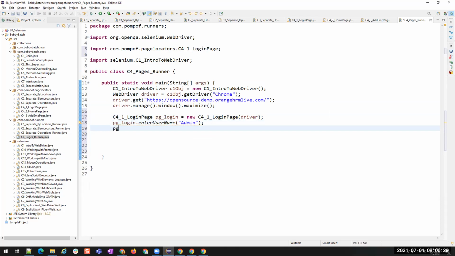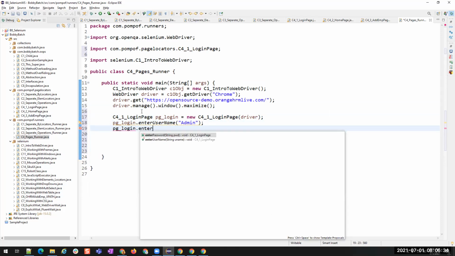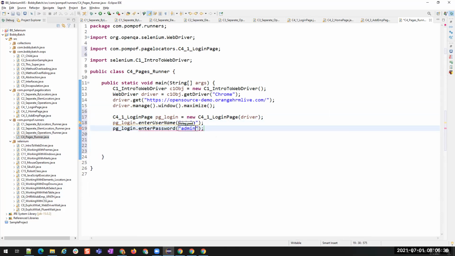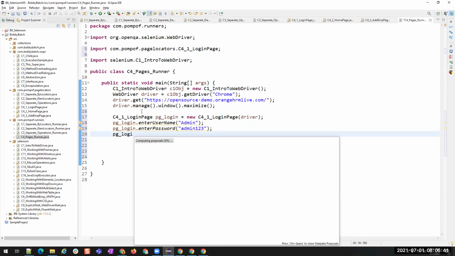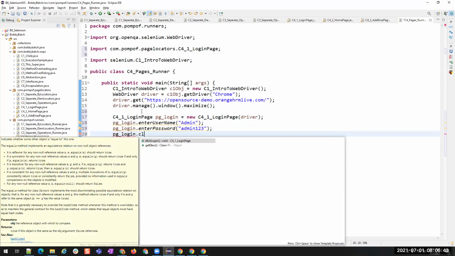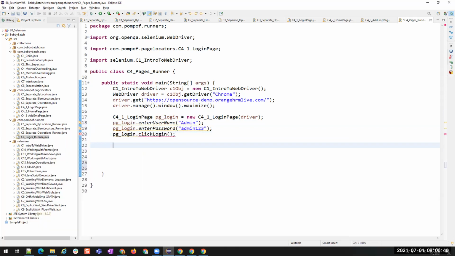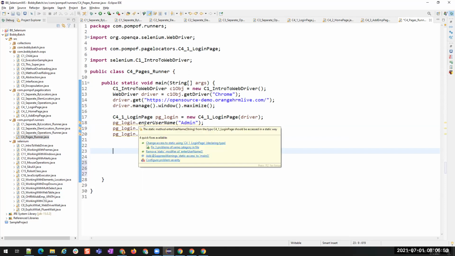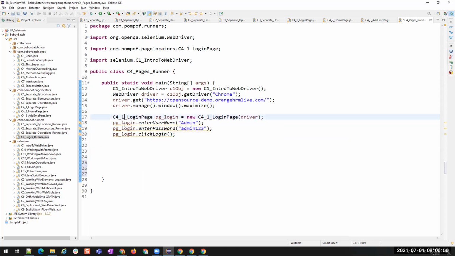And again, pg_login.enterPassword, that is admin123, and then pg_login.clickLogin. That's all. You see it? Since these are static methods, we can change this to the class name, but you can also use this pg_login. So no problem if you use it in this way or that way. There won't be any issues.